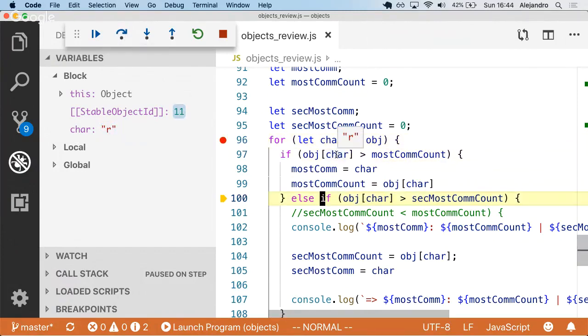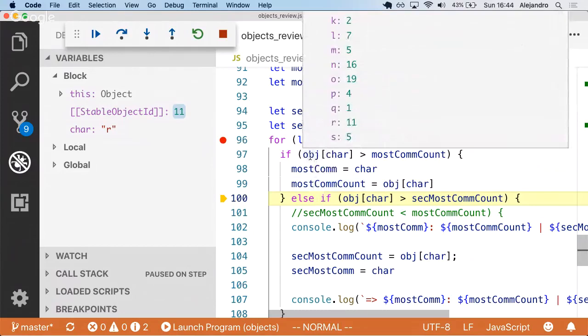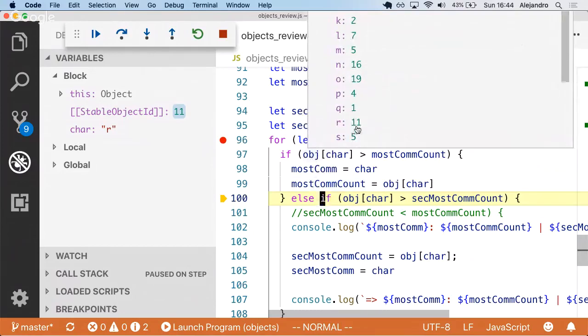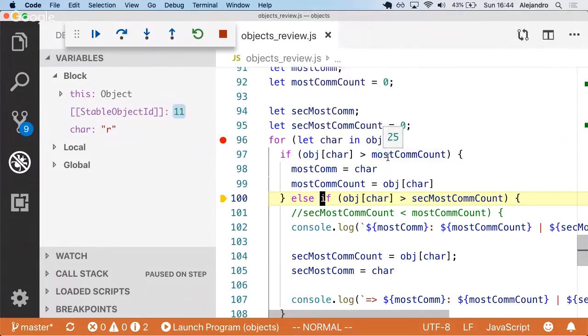Now, most common character is R. And we saw that we went to the else statement because object at R is 11. Is 11 greater than most common count? Right, no, false. We go to the else if statement, and then we ask the second question, which is, okay,